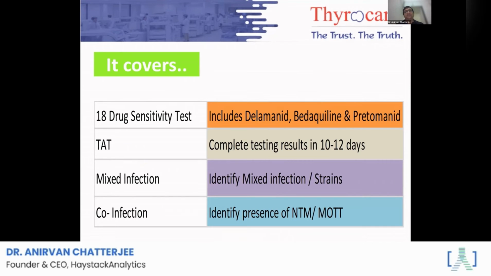Today, the turnaround time is 12 days. When you compare that to a culture DST, which can take up to 60 days, it's an impossible feat that we have already achieved. And we are not stopping here. The more samples that we get, the more inspired we get by the reactions of the clinicians, the more we strive harder to create this technology. At ThyroCare, we are committed to ensure that we bring it down to a place where every TB patient in India must get a drug that works.